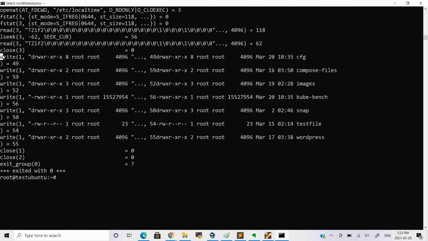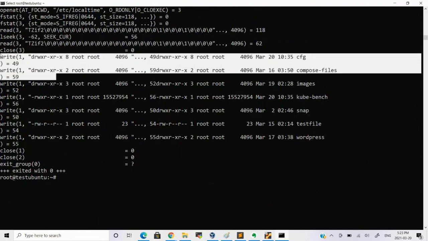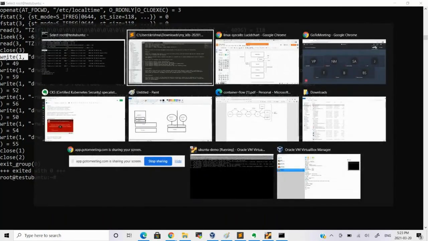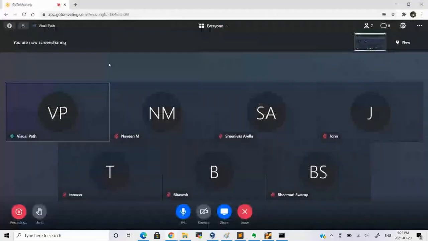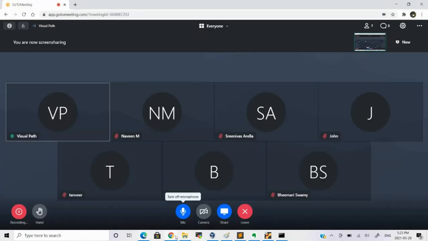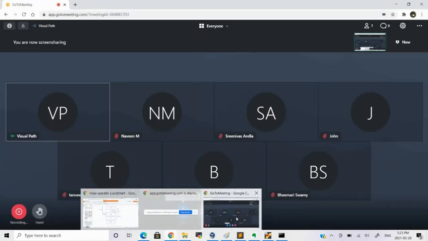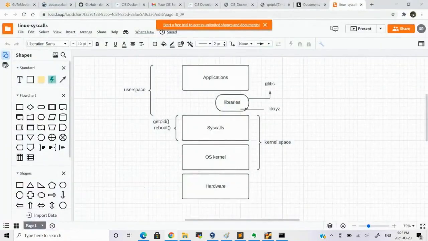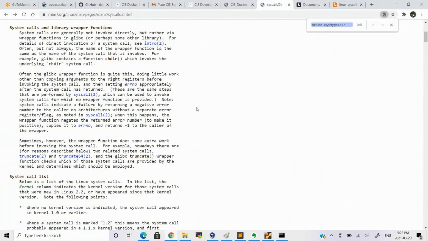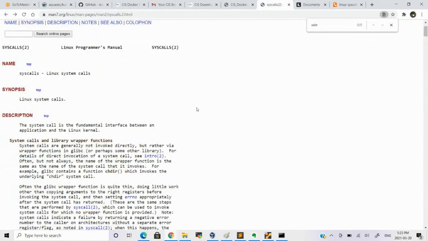You can see this is the output, right? In the sense, you can see there is a write system call. If you want to see that in the browser, let me open that system call. Yeah, I opened this or that. What happened to this? Okay, I think somewhere I opened. Yeah, here it is. So if I open this and go back, and I want to see the write system call, right? So